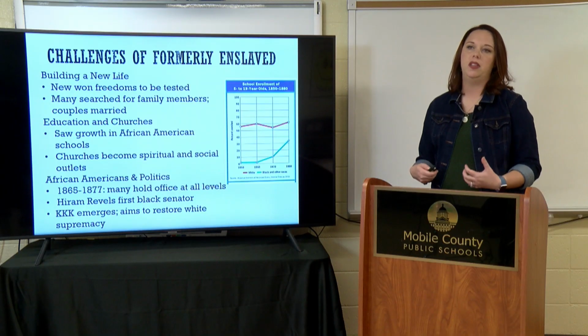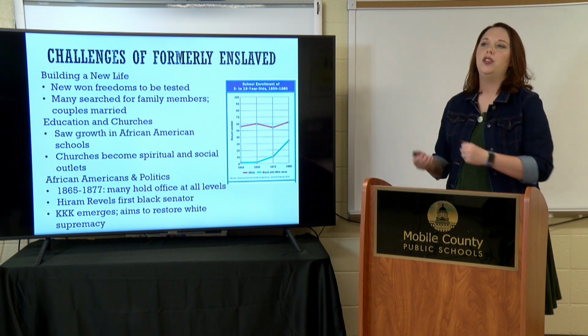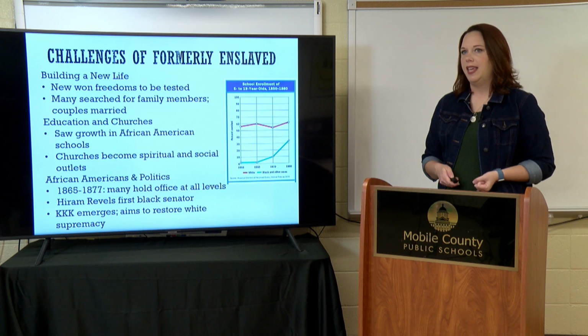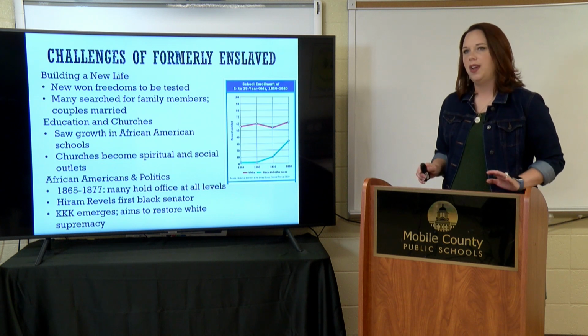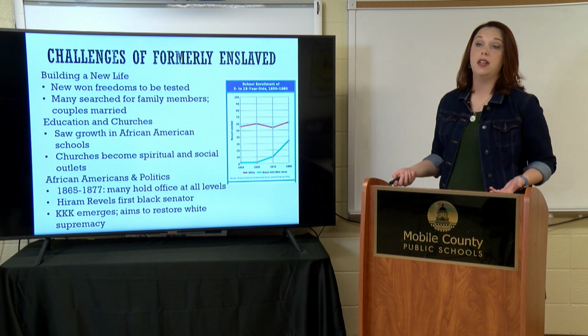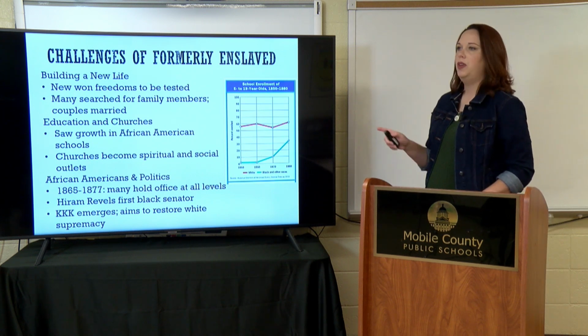We see immigration in the 1920s, and we see a rise. We see the civil rights movement in the 1960s, and we see a rise again in the KKK. So they come and go throughout American history, but it's always about this idea of white supremacy and suppressing rights. And this is where it emerges here during the post-Civil War era. Again, they're going to make a name for themselves in the South, and as we progress, you're going to see not only how the KKK suppresses the rights of African Americans, but also other individuals that want to assert their dominance back in the South, because of course that dominance was taken away as a result of the Civil War.